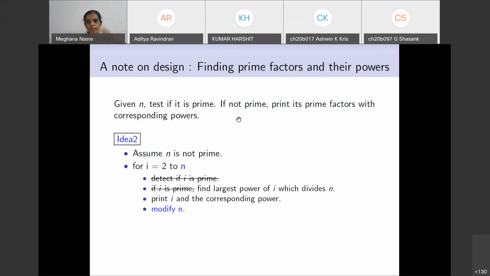We have already told an example. If it is a prime number, let's say you give 23, then it should just print 23 space 1. This is how you want the output of the program to be. So I request all of you to use REPL.IT to code this up and try out this program.